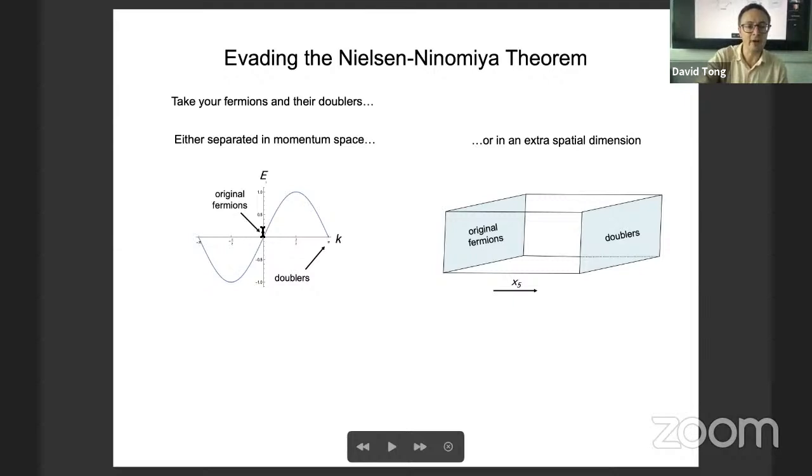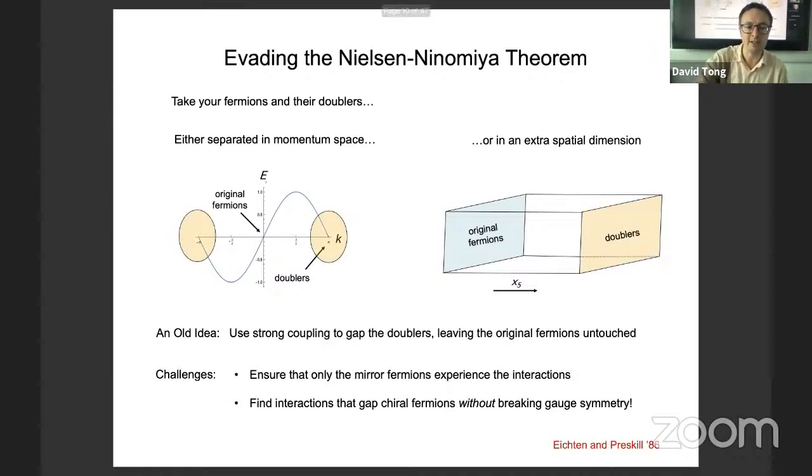So we have the original fermions and the doublers, either in momentum space or in an extra dimension. And if we're going to evade the Nielsen-Ninomiya theorem, as with all no-go theorems in physics, we've got to find a loophole, got to find one of the assumptions of the theorem which we can throw away and therefore make progress. And